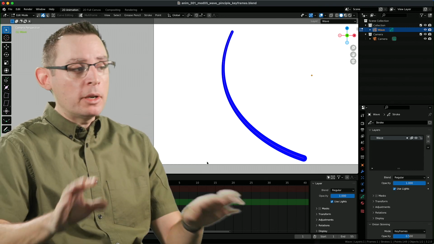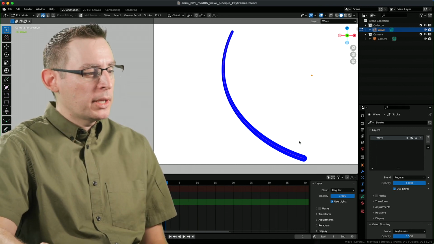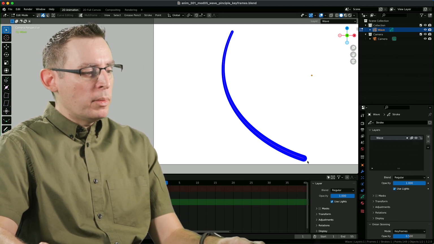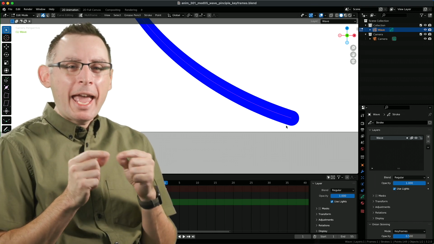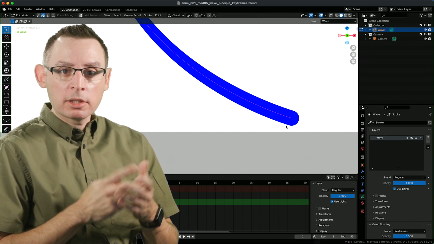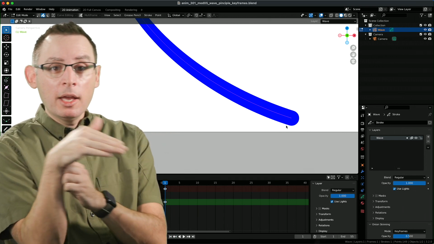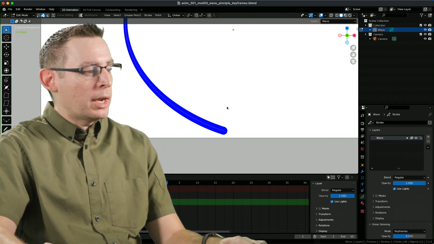This is the unanimated version of this project file. So I need to go ahead and start establishing all the keyframes. And I think I want to have the engine start down here. Since the engine of the movement is going to be the base of the tail, I need to be very mindful that I'm not accidentally changing the location of this engine across the entire animation itself. I want this to look like a hinge, and then everything is rotating and flowing and following that hinge as it goes throughout the animation itself.